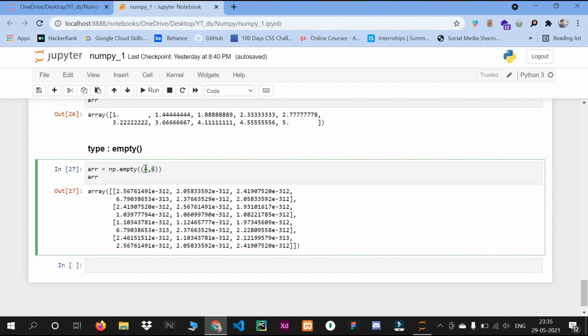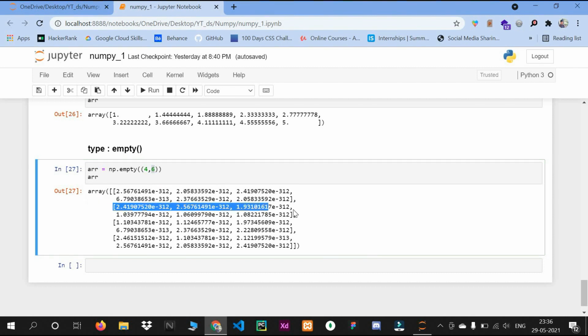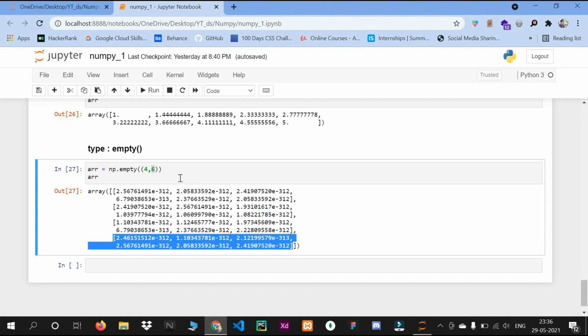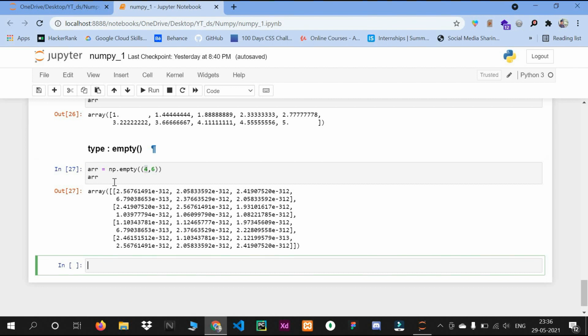It gives me random values in 4 rows and 6 columns. This one is our first row, this is second, this one is our third row, and this fourth. 4 rows and 6 columns. So it gives random values by passing rows and columns. This was our fourth type.